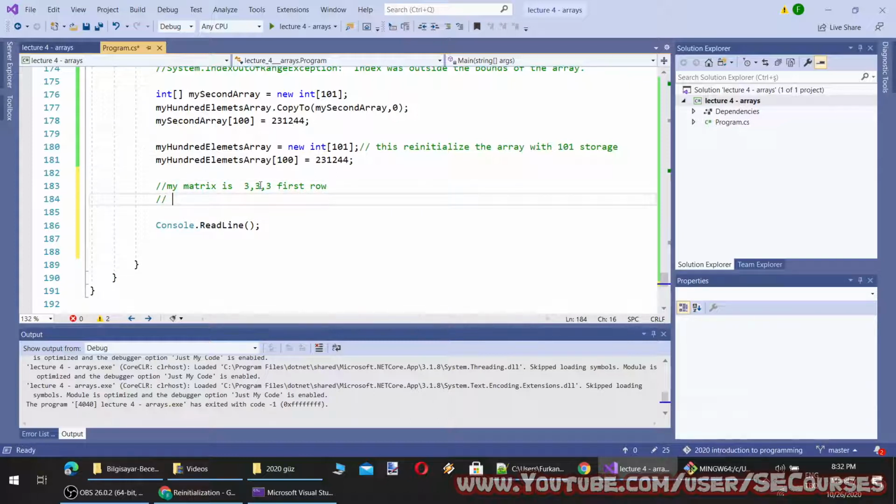Let's make it something better. And 5 8 9 is second. So can I keep this matrix inside a single array?